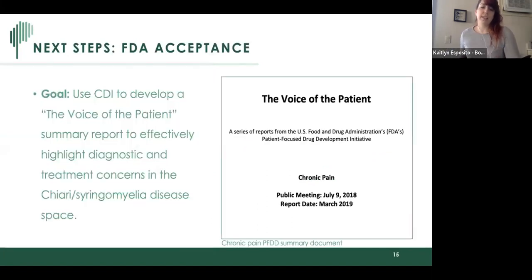So kind of to bring things back to why this is relevant for you all, I want to just quickly revisit what our original goal was. It was our hope that we would be able to employ CDI to replace the traditional PFDD meeting as it currently stands. We've gotten through the bigger chunk of this work and have our data ready to be written up. And we plan to put what we've learned into a summary report, similar to those that are developed in